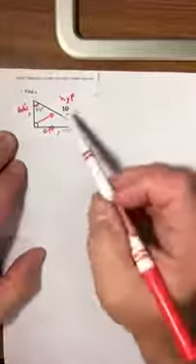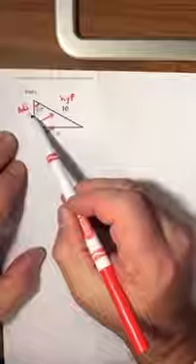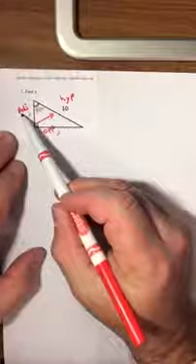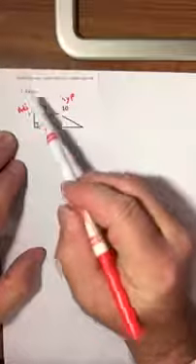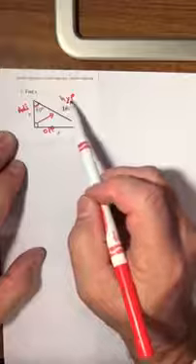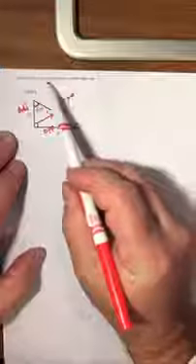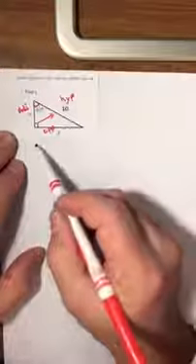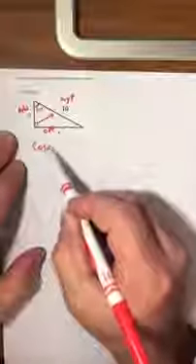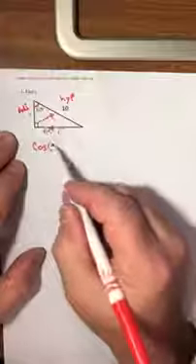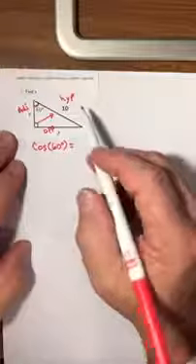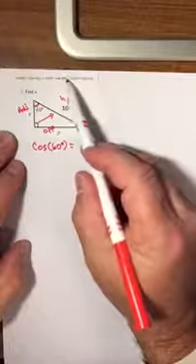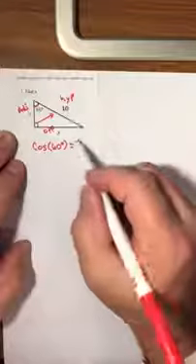All right. Now, we're having to find x. It's the adjacent. We're using 10. It's the hypotenuse. Which trig function uses adjacent and hypotenuse? Well, that's going to be cosine. So immediately write down cos, the acute angle, 60 degrees, is equal to adjacent divided by the hypotenuse. So x over 10,